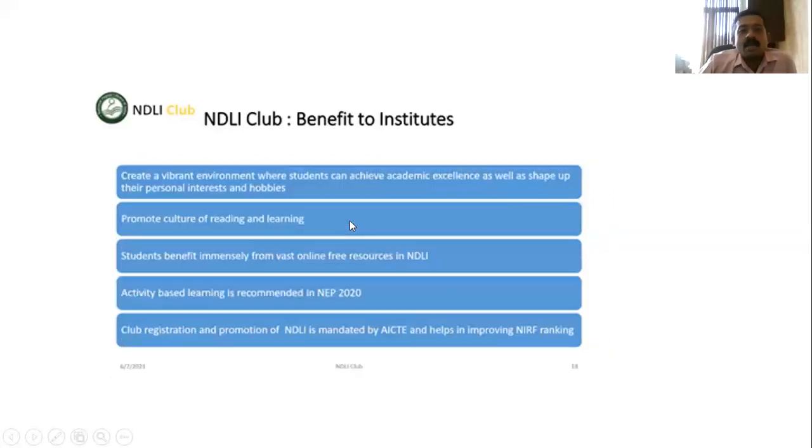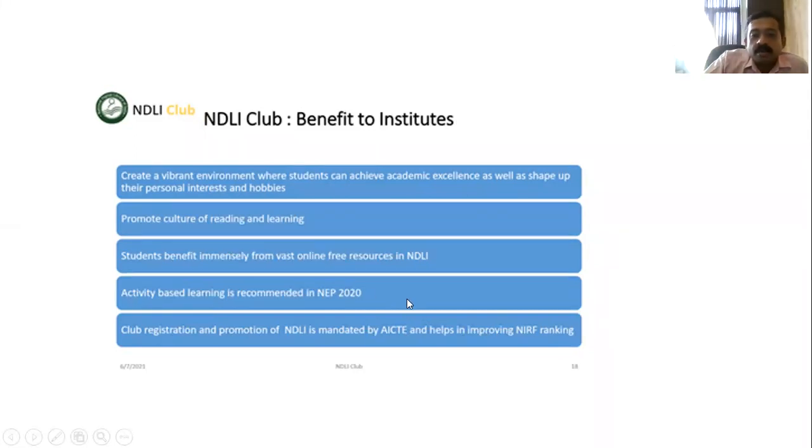And what are the benefits to institutes? As I told you, this promotion and club registration is mandated by AICTE, and it helps in improving NIRF ranking, because as part of NEP, National Education Policy 2020, learning oriented activities must happen in colleges, and these activities must be reported in this NDLI club portal.